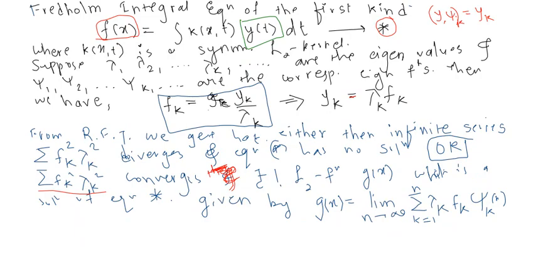So we were trying to find the solution of equation star, and we get that we have to just look at the series in this green box, and depending on the nature of this series we will conclude whether there is a solution or no solution. If this squared series diverges, then equation star will have no solution, whereas if this squared series converges, then there will be a solution of equation star, and that solution will be given by this particular expression.